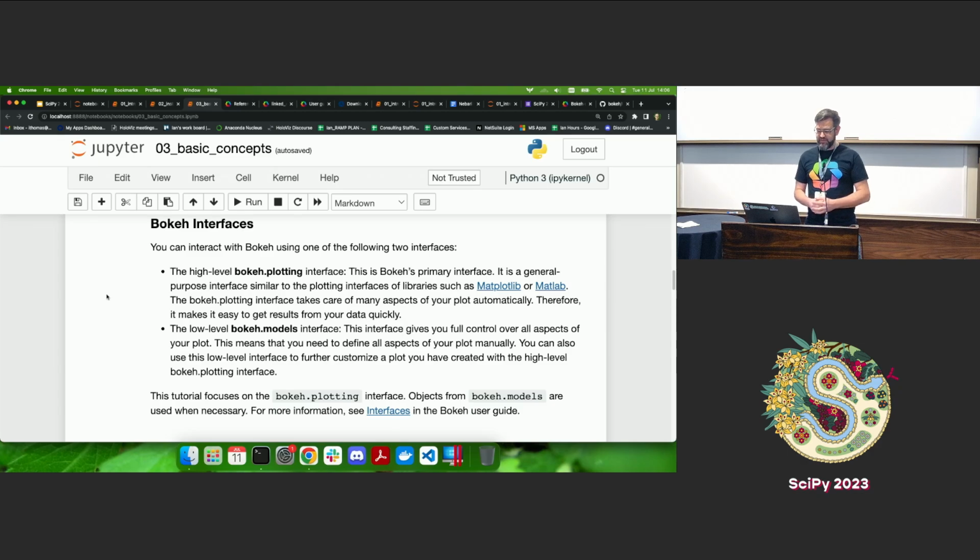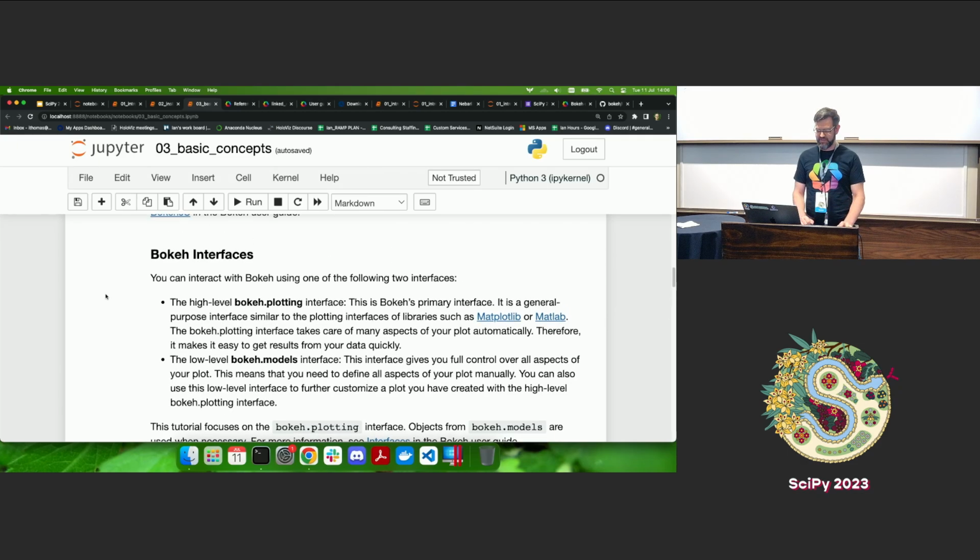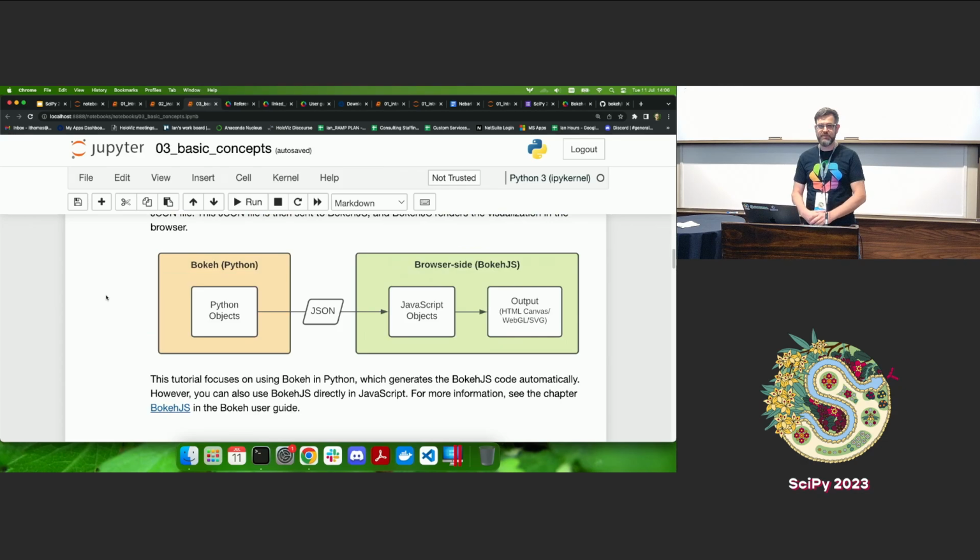Bokeh provides basically two interfaces, two API interfaces that we'll be working with. And Victoria? Oh yeah, sorry. Does this work in all browsers? Do you have problems with